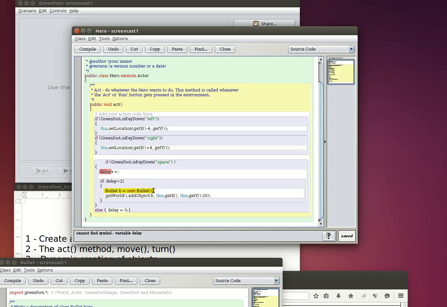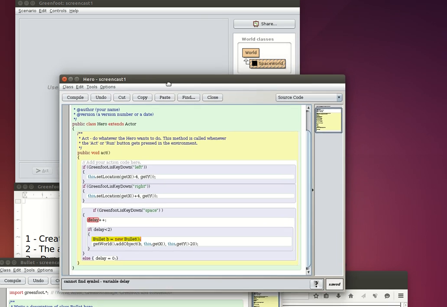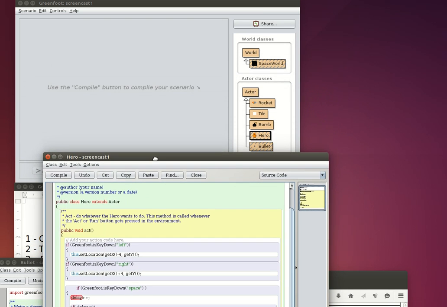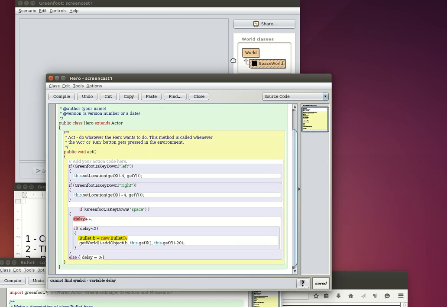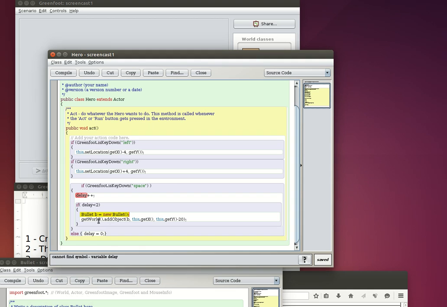The bullet is a new type of object, a new class I've added here. It's just a little ball, and this bullet, so I create a new variable of type bullet. I add it where my hero is. One small difference over here, I've also added a delay,